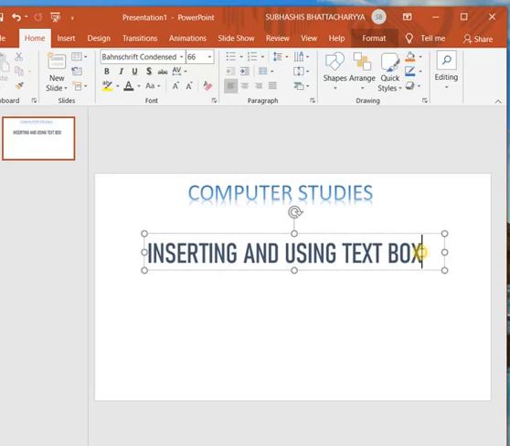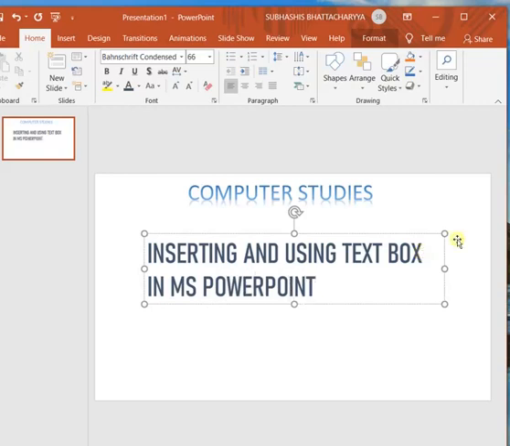If there is more than one line, suppose there are two lines, both the lines will start from the left margin of the text box. You can see here that both the lines have started from the left margin.